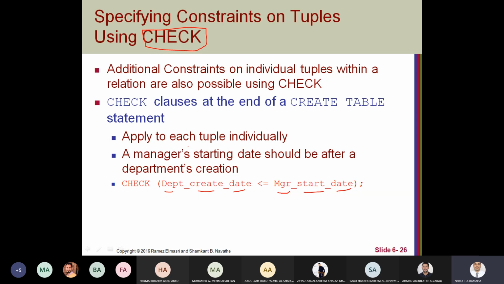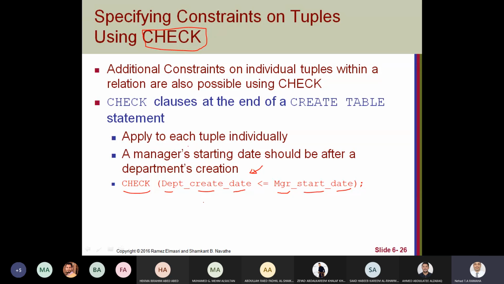If you return to our company database, you will not find department create date. It's just, for example, imagine that we have an attribute in the department table called department create date. So it's reasonable that manager start date should be after department creation date, it cannot be before.